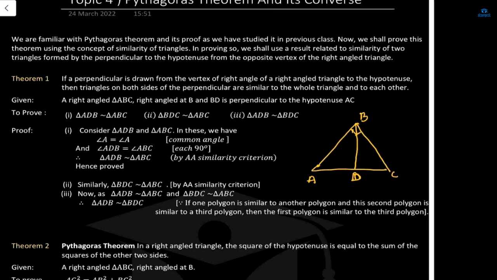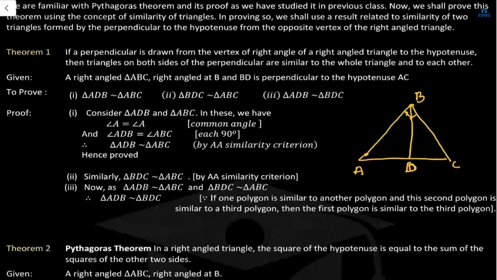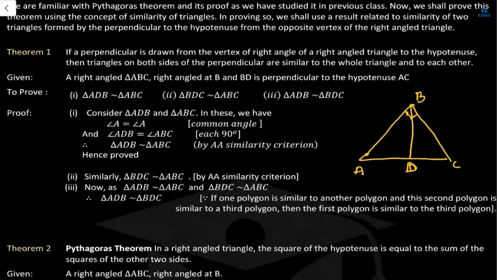So, before we start with the Pythagoras theorem and the converse of Pythagoras theorem, we are going to use the similarity. The initial part we are going to prove as a theorem, and then we are going to use it in our Pythagoras theorem. Okay. So, the first theorem that you see on my screen is: if a perpendicular is drawn from the vertex of a right